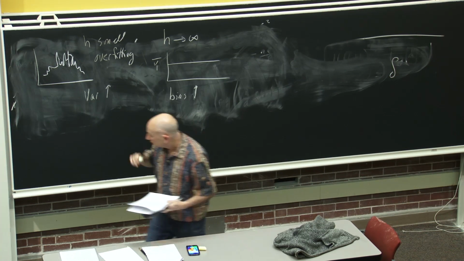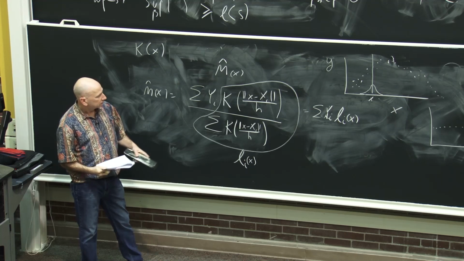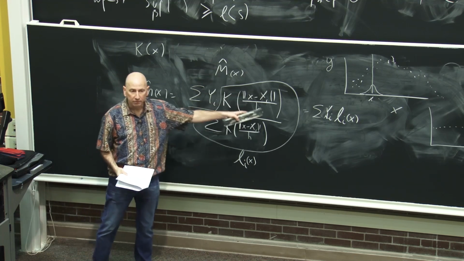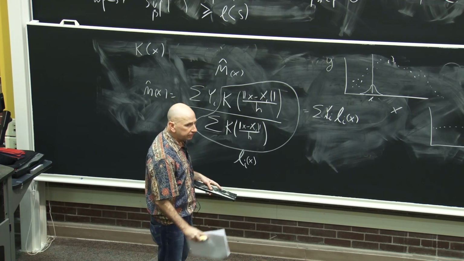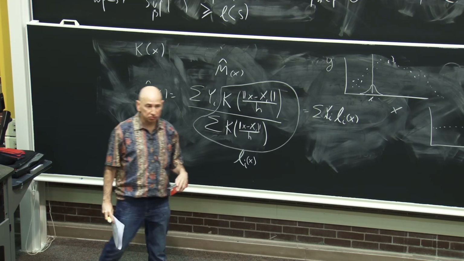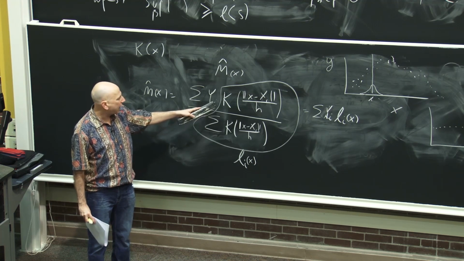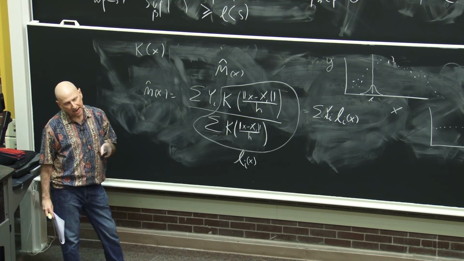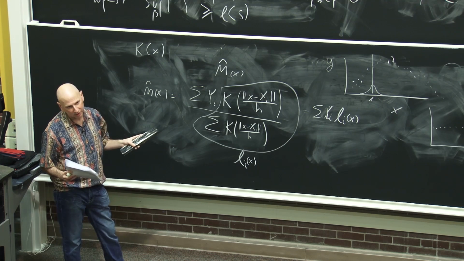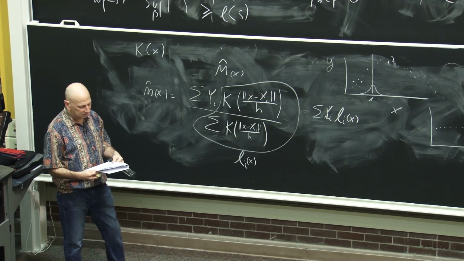Okay, so I've drawn this in one dimension, but this could be d-dimensional. That's why I put the norm there. In the multivariate case, the kernel has to be rotationally symmetric. It doesn't have to be, but usually it's rotationally symmetric. So this would typically just be a multivariate normal, or the way I wrote it, a univariate normal, and I put the norm in, which makes it rotationally symmetric. There's actually work on using anisotropic kernels, it's called, but I think it's pretty rare that people would actually do that in practice.